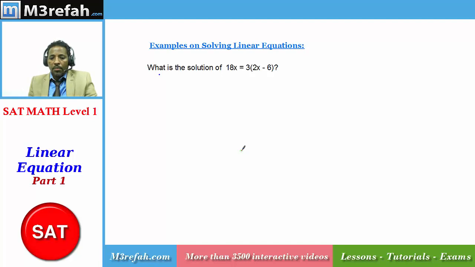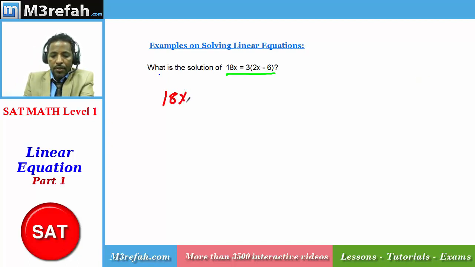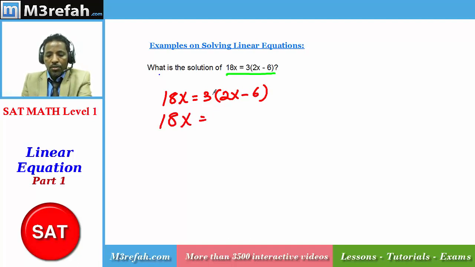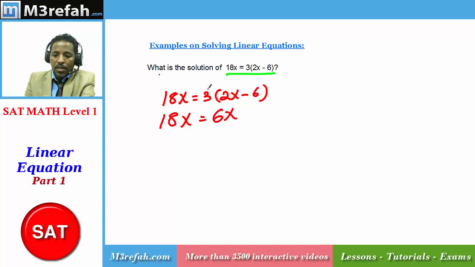Let's see some examples on solving linear equations. What is the solution of 18x is equal to 3 into 2x minus 6? Here is how we go. 18x is equal to 3 into 2x minus 6, your original equation. The first step you do is to distribute 3 into the two terms inside the bracket. 3 multiplied by 2x is 6x. Again, 3 multiplied by 6